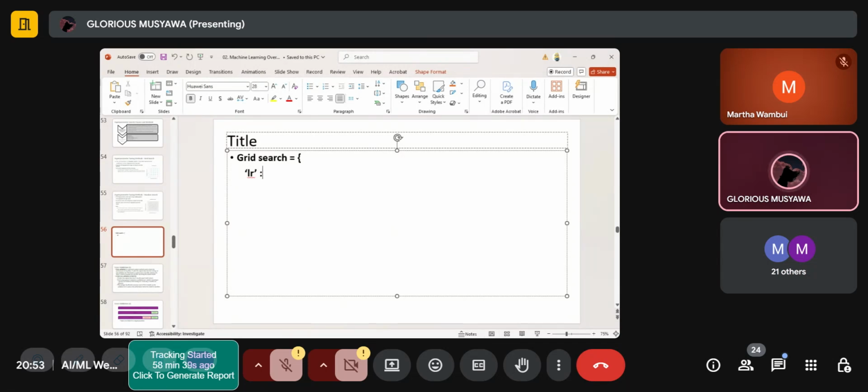Okay. Then I give it a list: 0.1, 0.5, 0.8, 0.0, okay, 0.1, 0.005, 0.05. I think that list is enough. Then I come to, this is just an example,